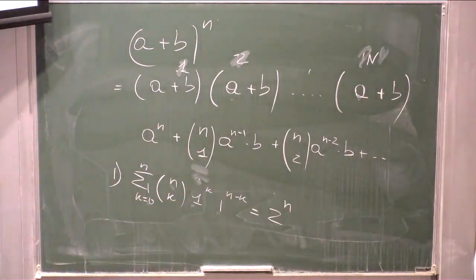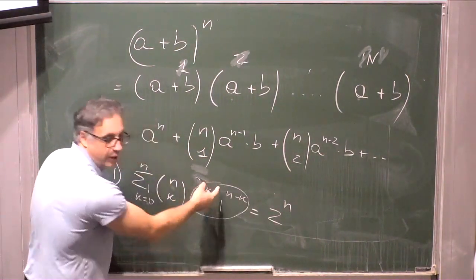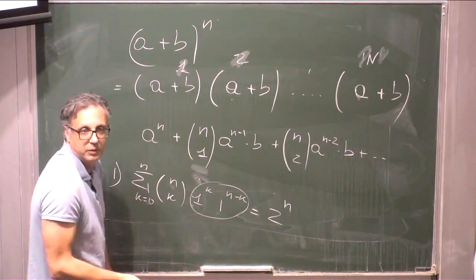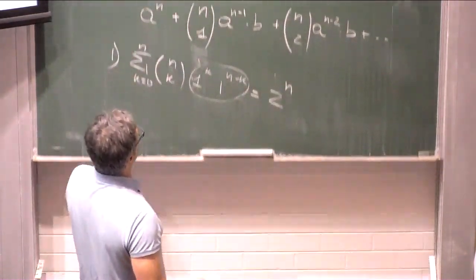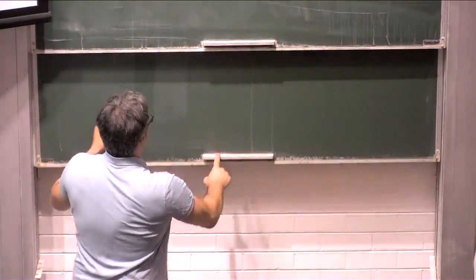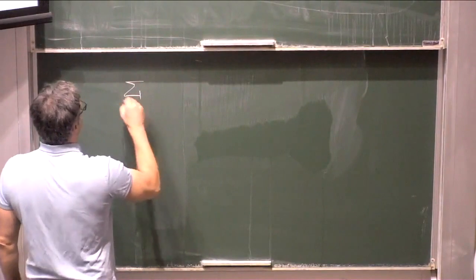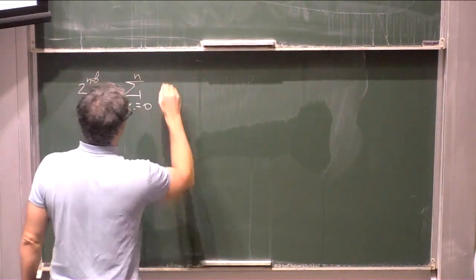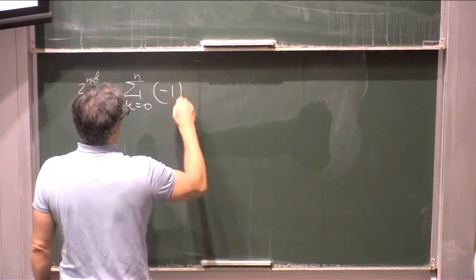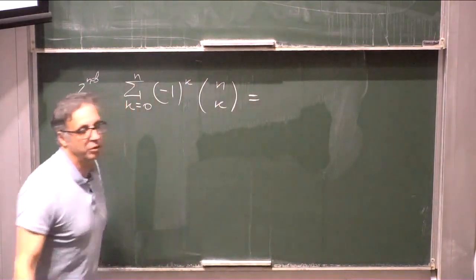Are we good? This is complicated. This is simple. This you don't need, because 1 to the power k is 1. Another example. Example 2. Sum, k going from 0 to n, of minus 1 to the power k, n choose k. This is equal to